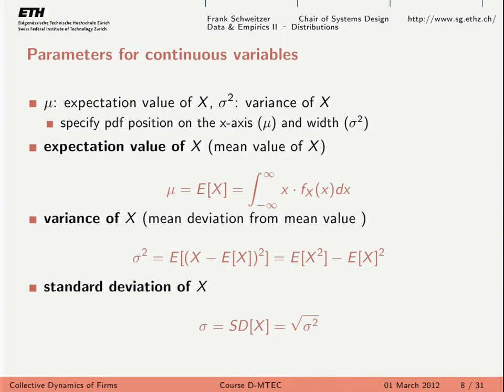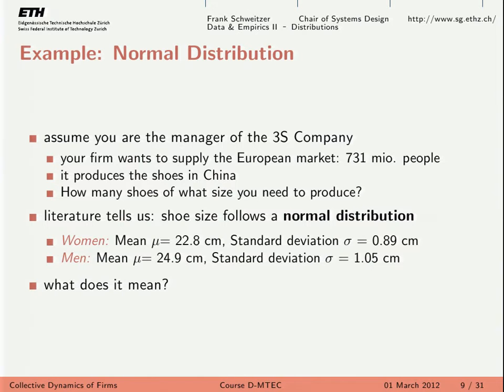discrete variables. So now we start with one example, and like in school, we start with the most simple example, that's a normal distribution. So when I thought about this, I wanted to have an example that is not totally boring. And then I came up with this idea of a shoe company, which I called the 3S company. But it is a good imagination of how to apply what we learn about distributions to a very simple